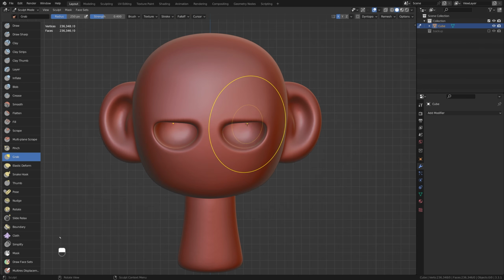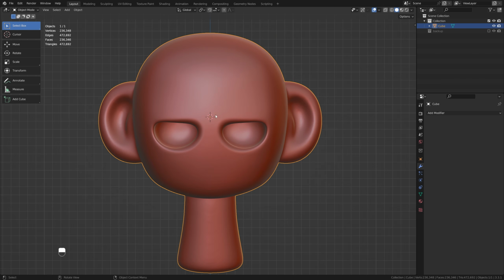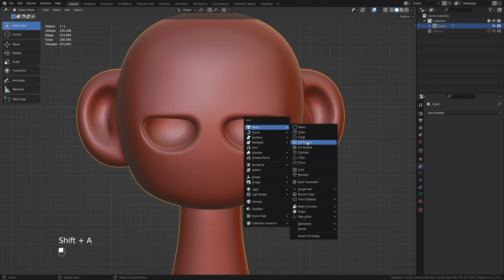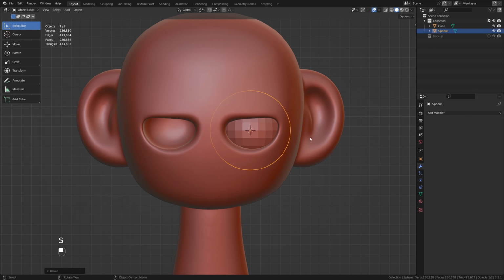And as we go along, it's probably worth adding in some eyeballs now because it just makes it a little easier to visualize what's going on. So back into object mode, and we're going to move our 3D cursor here to the eye socket. So we can hold shift and right click right here, and then shift A, and we're going to use a UV sphere in this case. I'm going to use S to scale this down, and I want to rotate this 90 degrees on the X axis. So R to rotate, X to lock that to the x-axis, then just type 90,